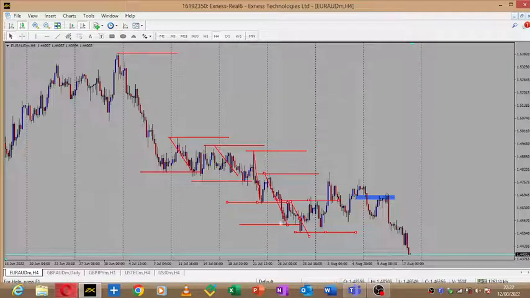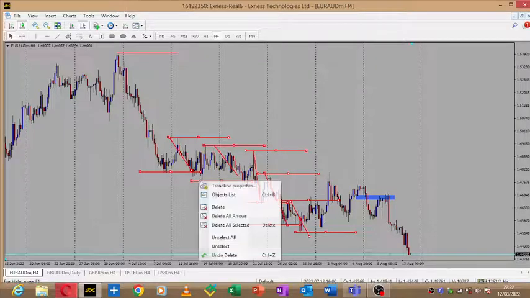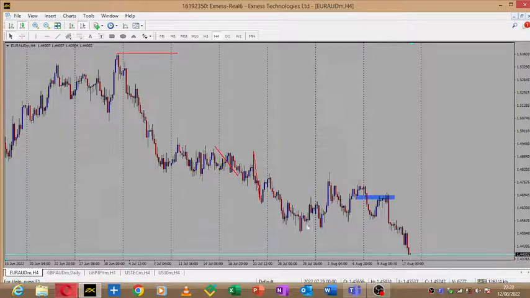That's why I keep on tracking all the way to the downside. I want to end up with one 4 hour trading zone. So I'm gonna delete all that, delete all that, delete all that, and focus on where we are currently. So right now we are here, as you can see,